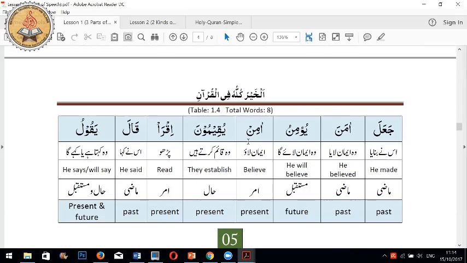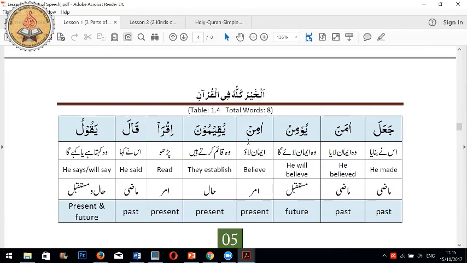This pattern is very much related to yu'minu and yuqimuna, from that family. Because in yaqulu the last letter is with dhamma, in yu'minu the last letter is also with dhamma, madmum, and in yuqimuna, yuqimu, also